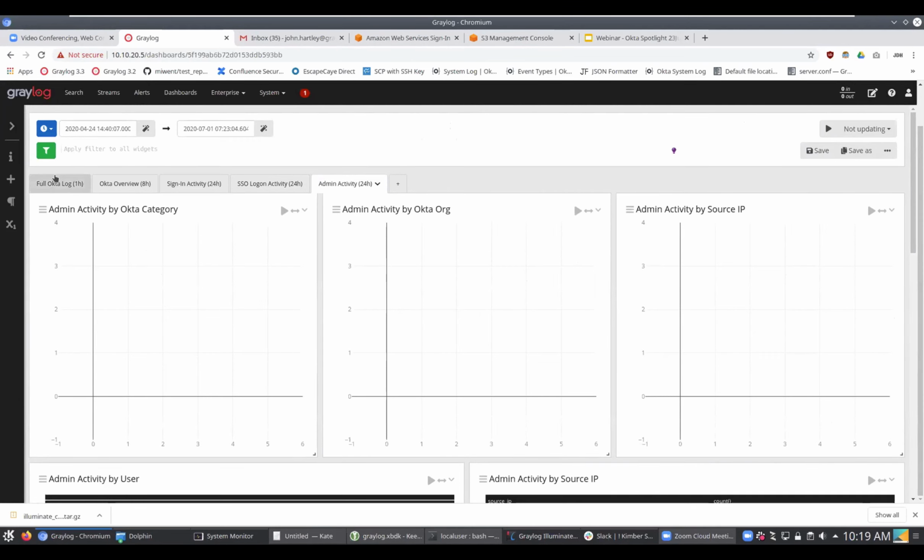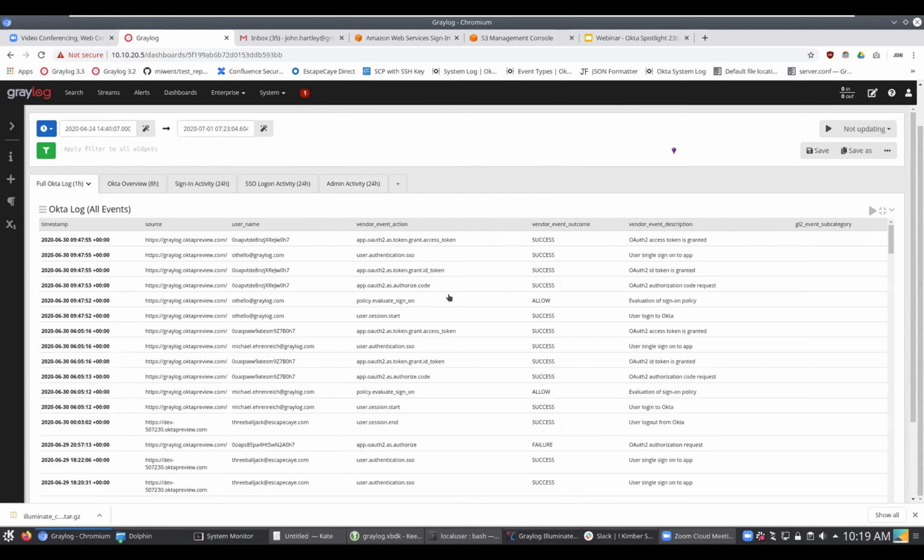Again, the intent of this slide, or this tab, is to capture and display administrative activity on the systems, such as super users, specific API calls, things that would be related to changing the configuration of the Okta environment, or user accounts or groups, that sort of thing. And then we also have a tab that shows the full Okta log, and this is just